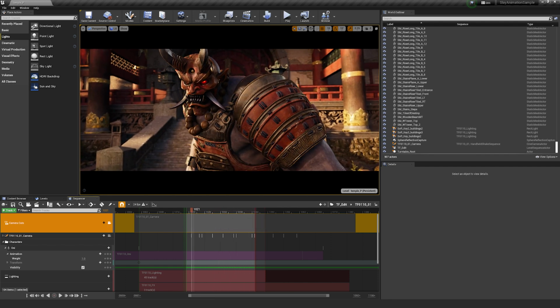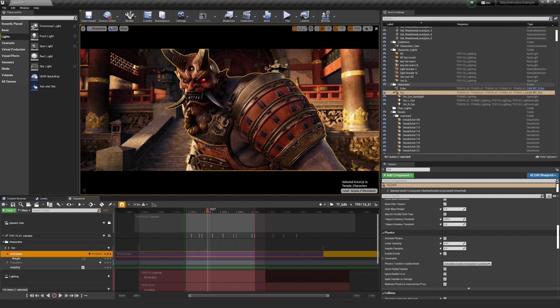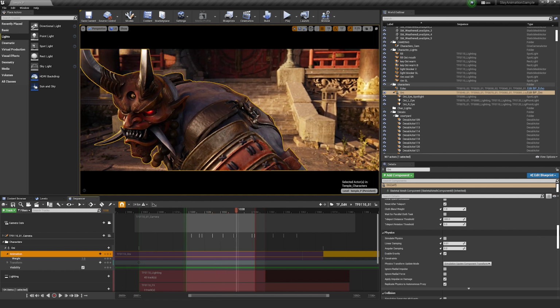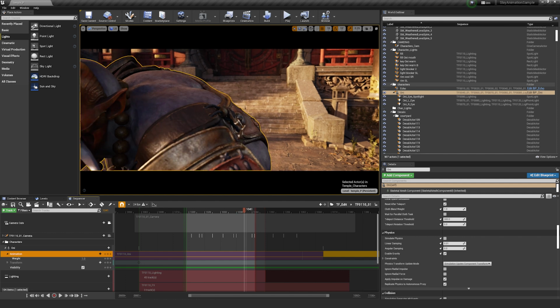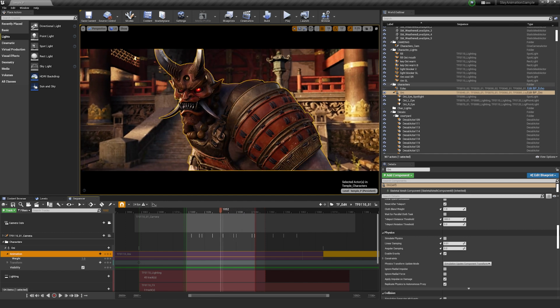And so as I'm scrubbing, you can see Oni moving frame by frame, just ever so slowly in rhythm with my scrubber. And that is because inside of here, we click and dragged our Oni into the sequencer, went into the animations and added this animation into sequencer. Because of that, it gave us this bar with all of his animation keys that we can then scrub through to make sure that he is working accordingly, that all of his movements are what the animators have created and what we had through mocap, all that stuff.